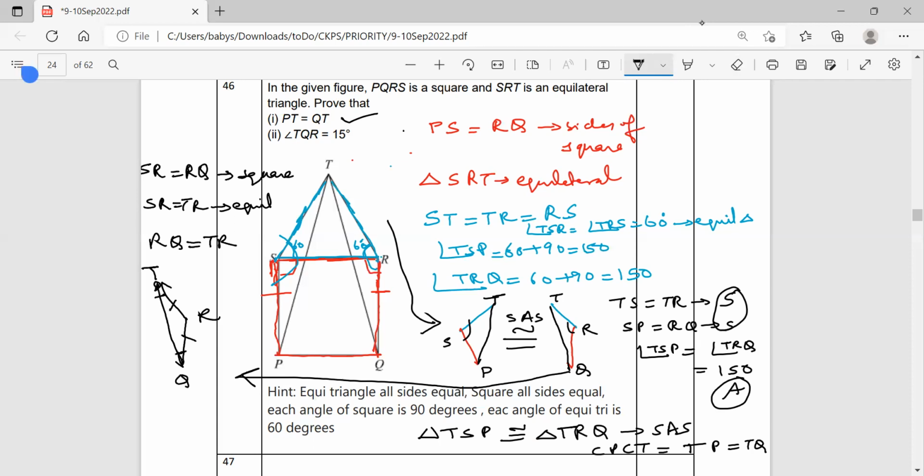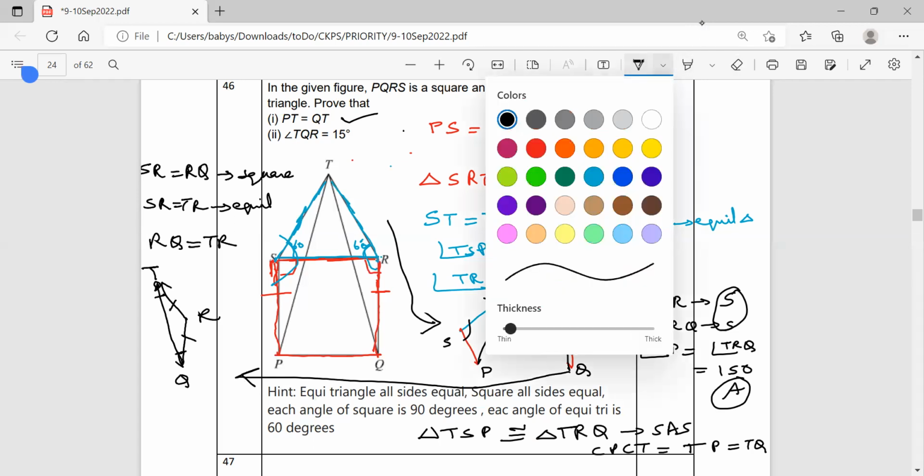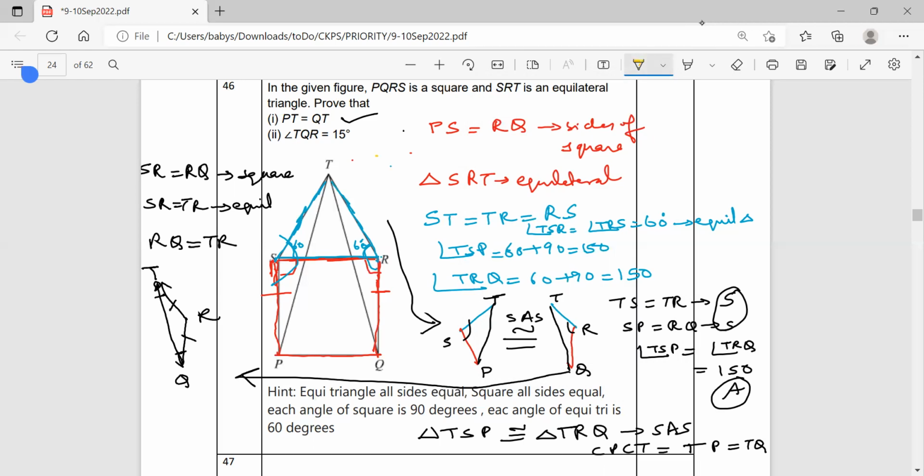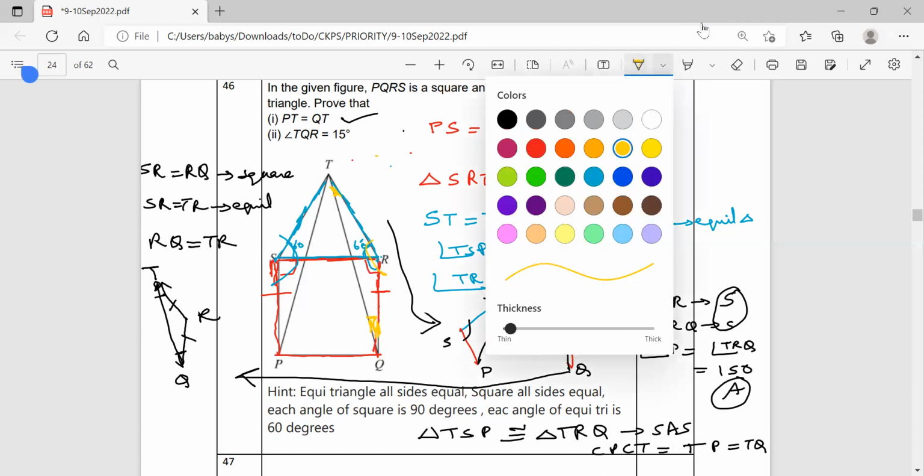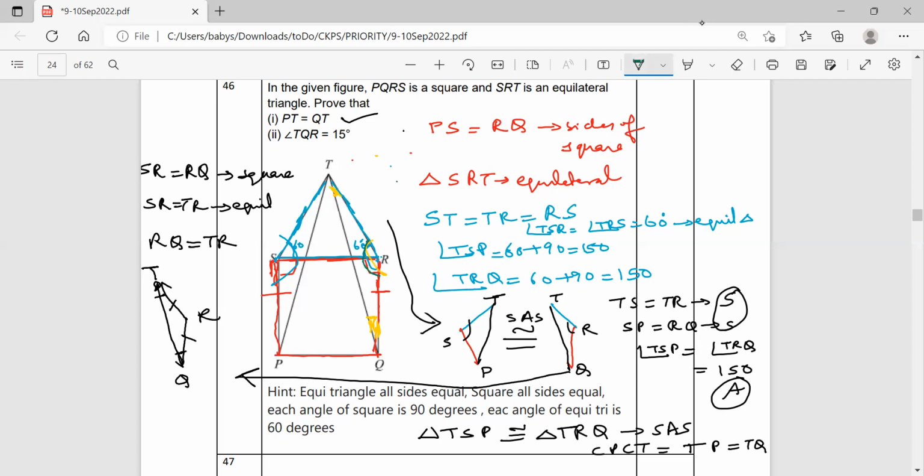We are marking that in the main figure also. Maybe I'll mark it in a color which you can visualize. I'm marking it in yellow. Base angles will be equal, isn't it? And now we have 60 plus 90 over here. I'll mark that in, let's say, green. 60 plus 90. So in this triangle TQR, if you apply angle sum property,